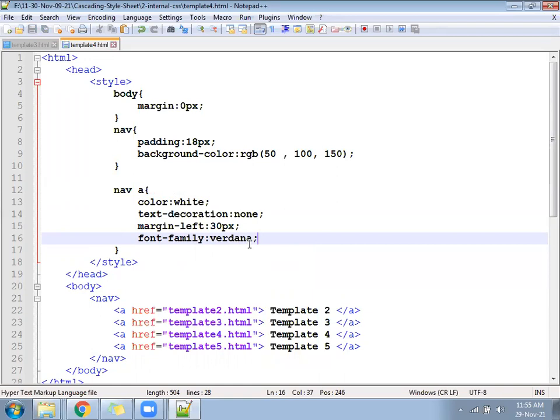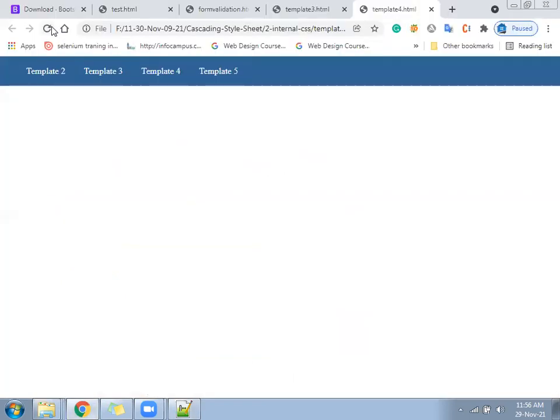If you remember any font name, you can write. So next the font will get changed little.